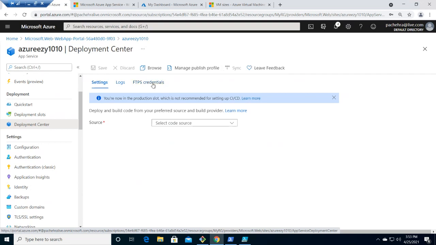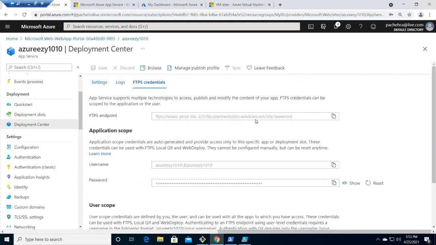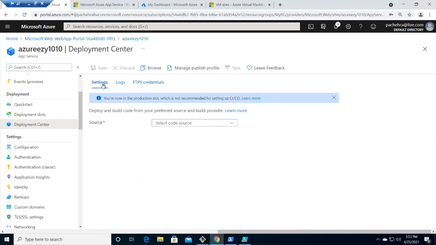If you click here, you have the credentials for your FTP, the traditional way. If you go to the settings, you'll find different ways of publishing your code to the app services, like GitHub and Bitbucket. These are the DevOps options. These are the manual options. So this is the deployment center.